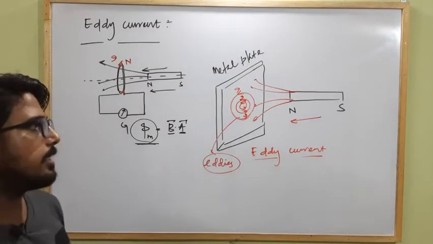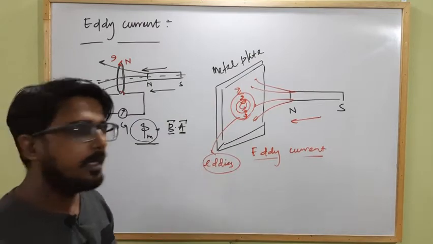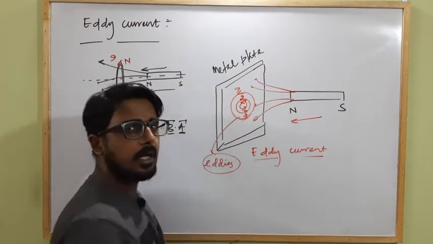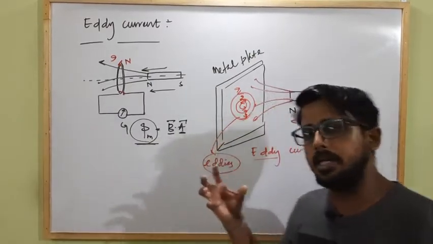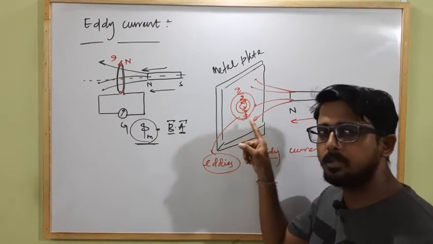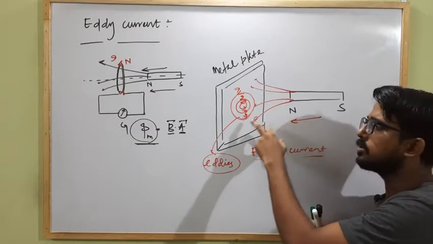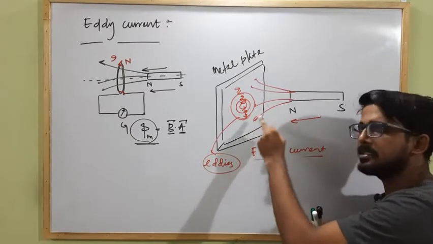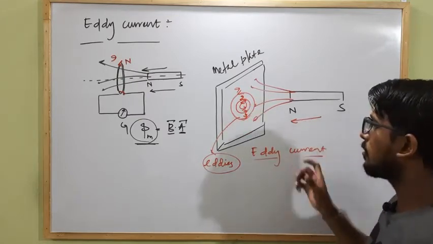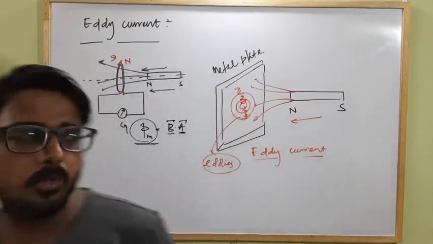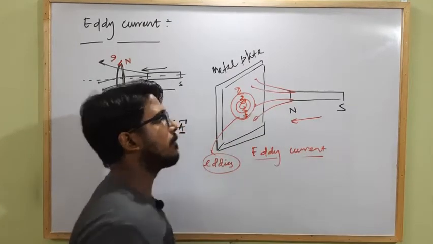Okay, so what is eddy current? When the magnetic flux linked with the metal surface changes with respect to time, all the free electrons of the metal start to flow in such a way that they form an electric current by itself, and that electric current produces a magnetic field which tries to oppose the change in magnetic flux linked with the metal surface. This electric current forms in the form of small eddies or concentric circular loops. That's why these are known as eddy current.